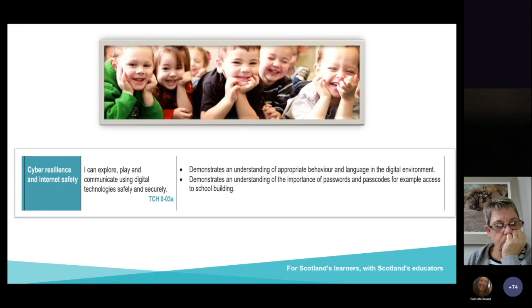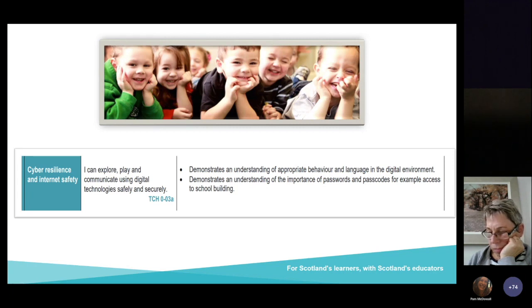Cyber resilience and internet safety is not a one-off event. As educators, it's our responsibility to begin the conversations from an early level, as early as possible, to ensure that we talk about consent and the right way to be able to say no. For example, if we are taking photographs or videoing one another, it's really important that our learners can say, can I take a photograph of you? You're in my video, is that okay? Agree on where and when we shouldn't capture media, for example, near bathrooms or if someone is crying. Those conversations are absolutely essential.